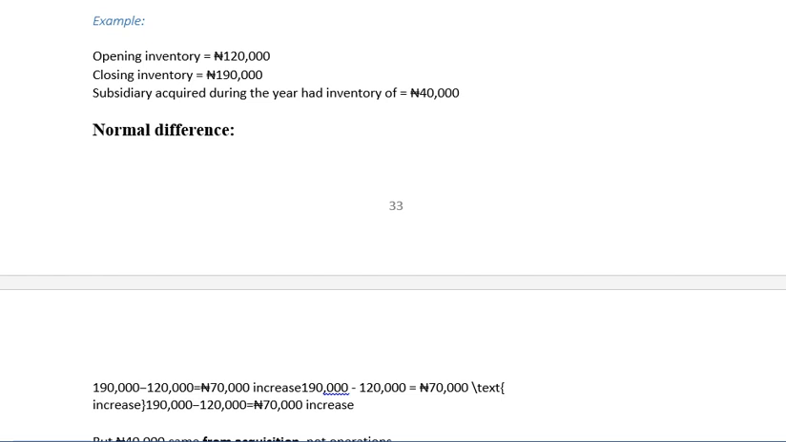Okay, so that's it. Now, it means that you have purchased more inventory. And when you purchase more inventory, that is an outflow. Okay, now